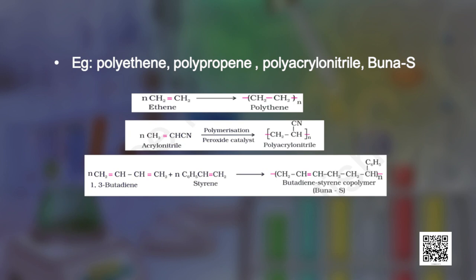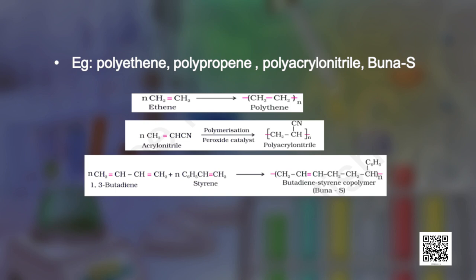If you look at the examples, the formation of polythene from ethene is an example of a homopolymer, while the formation of polyacrylonitrile from acrylonitrile shows that the functional group is acting as a substituent only. In the third example, the addition of 2 different monomers, 1,3-butadiene and styrene, results in the formation of a copolymer known as butadiene styrene copolymer, which is also commonly known